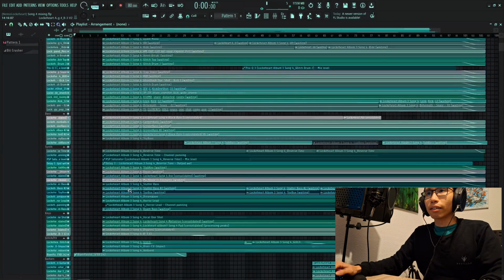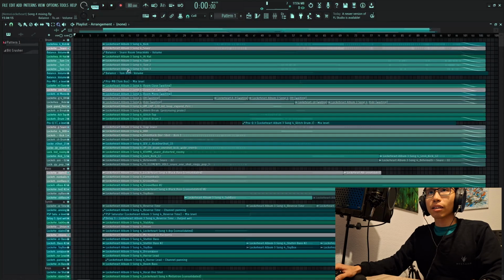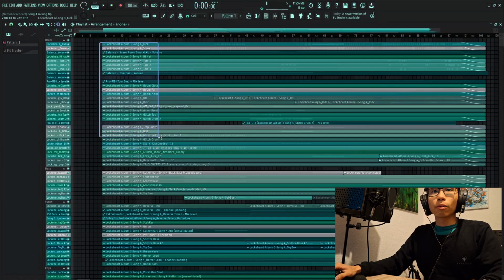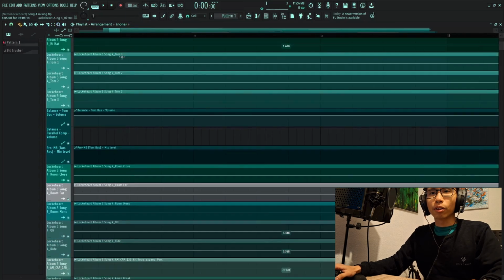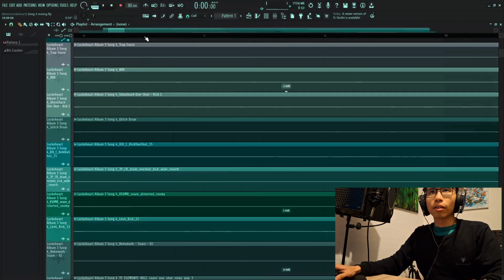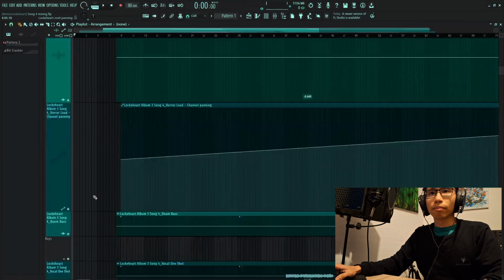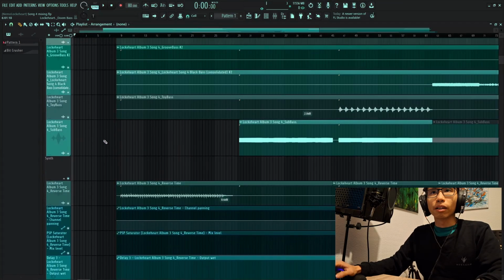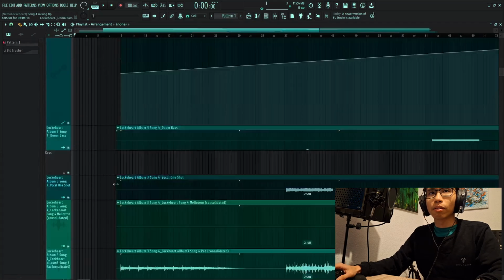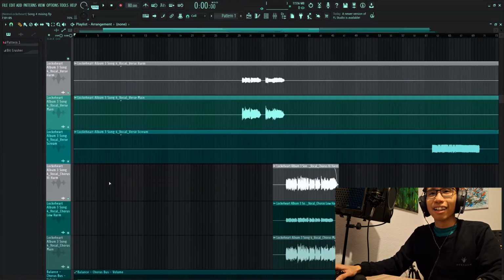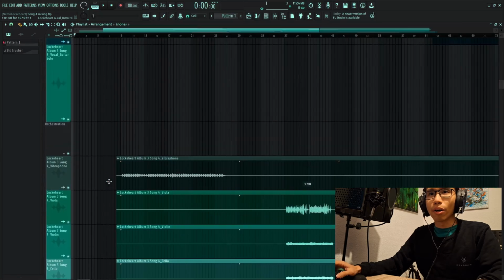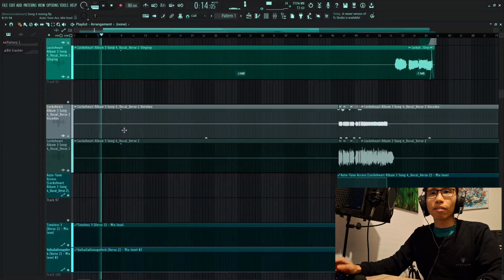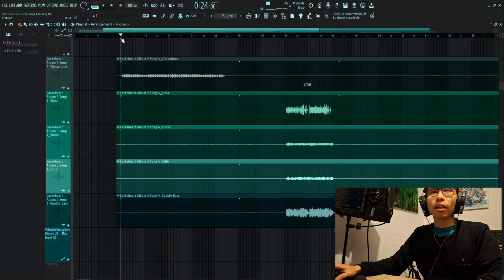Where do we start? Let's see, I'm just loading all of this. We could begin with... let me zoom this in a bit more. I would say we do the beginning. Yeah, we go with the keys and the orchestrations. I think there's also stuff going on here, the synths, the drums. Where is everything? It's organized, but at the same time, it's not. I don't know where everything is. Okay, so let's see. All right, so at first we have some ambient stuff, and then we go to